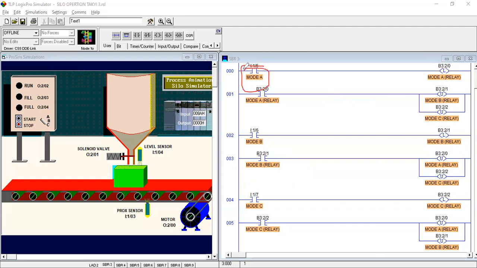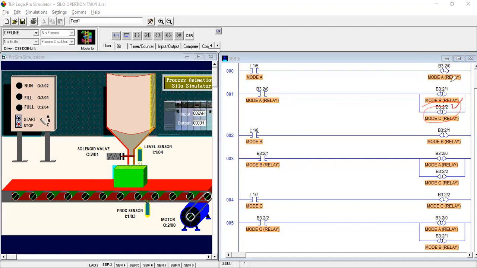So in the first mode we have to latch this address and unlatch the others, so when this latch address is turned on, it will send the signal from here.